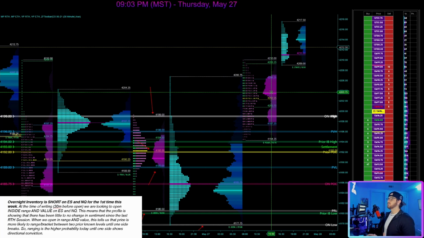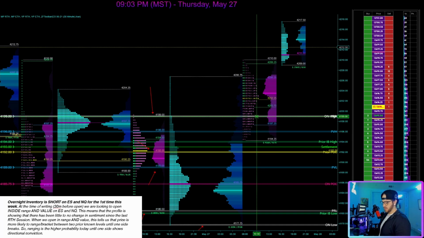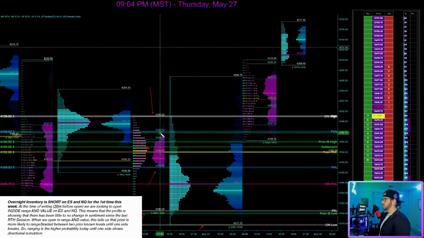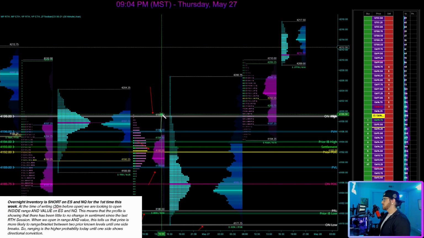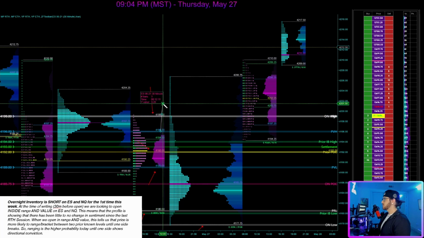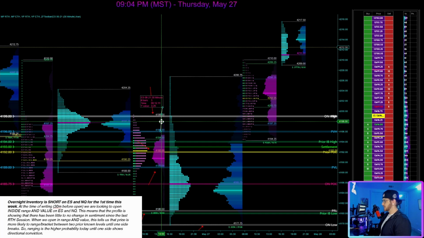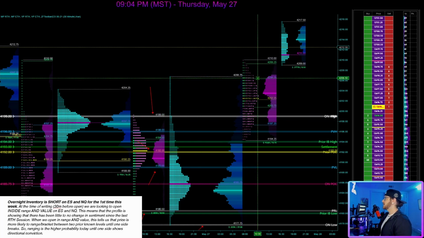So things change. It doesn't happen too often. Typically, when I sit down and write my trade plan, the structure is similar to when I write it. And to be fair, we didn't really have too big of a move. In range and value was 96, and we only needed to move basically 3 or 4 points to get outside of range and value. So we did get that move.